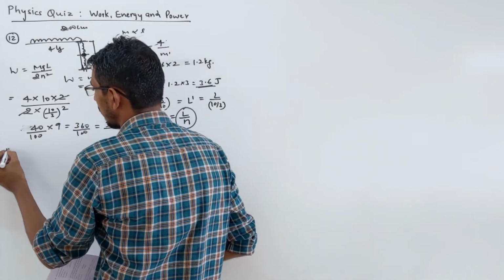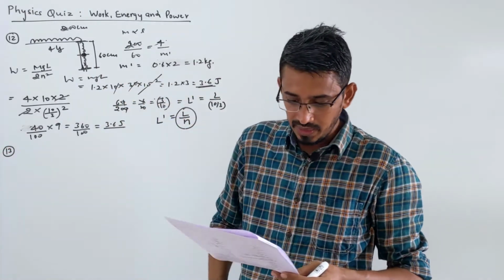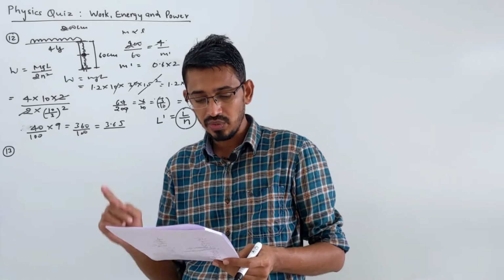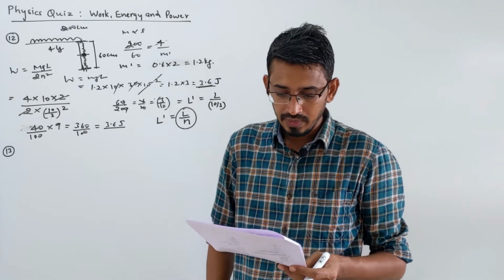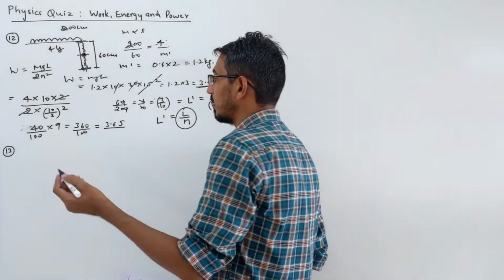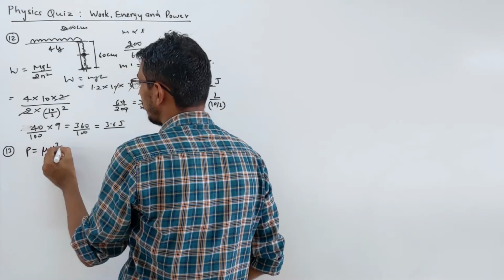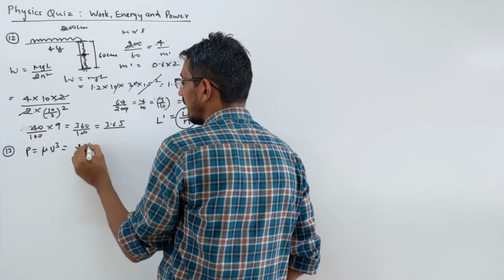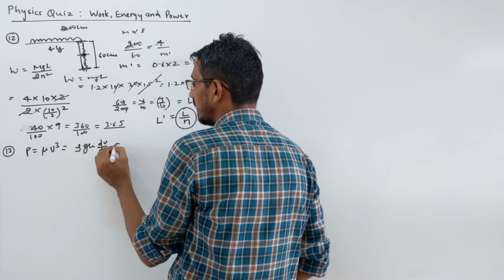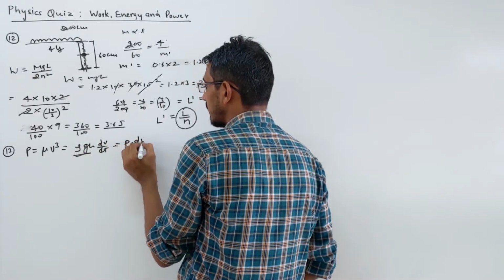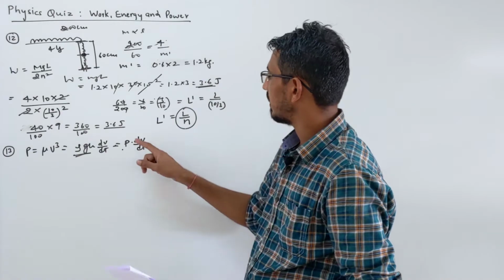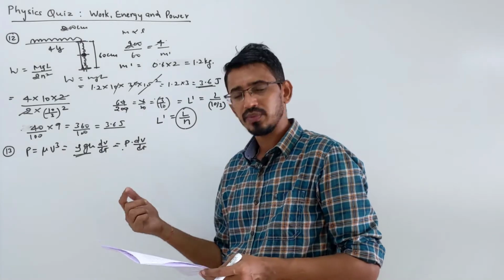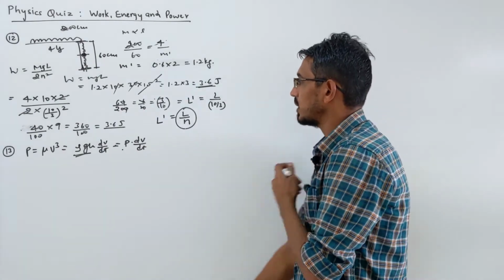Okay, moving on to problem number 13. It says that if the heart pushes 1 cc of blood in 1 second under a pressure of 20,000 Newton per meter square, what is the power of the heart? For power of the heart, in liquid flow, I told you many formulas, like mu into V cube, but here we don't know the velocity. Then I told you rho gh into dV by dt, and this is also simply pressure into dV by dt. You can write this format because what is given to us? Pressure and the rate of flow are given, that 1 cubic centimeter, that's the rate of flow, volume per second. So you can use this formula.